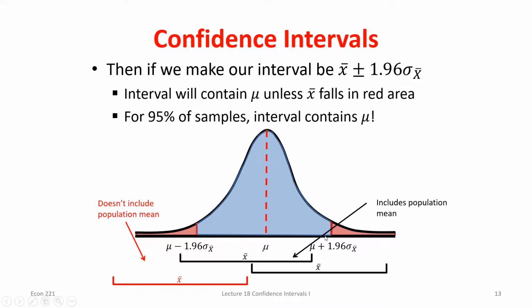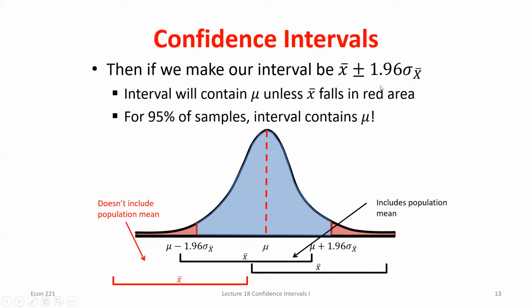Now, 95% of the time, I'm going to see a sample mean where the confidence interval does include that true population mean value. Okay? So this is the idea behind what we're doing. We use the fact that these sample means are normally distributed. So we know that if we go 1.96 standard deviations above and below, the probability of seeing something within that would be 0.95, and the probability we see something even further would be 0.05.